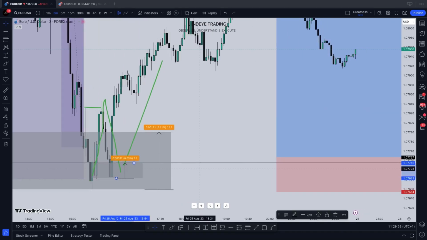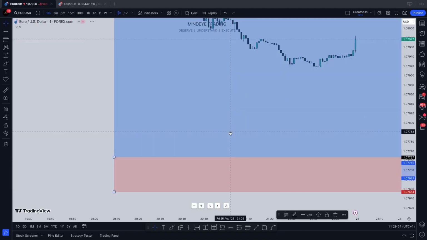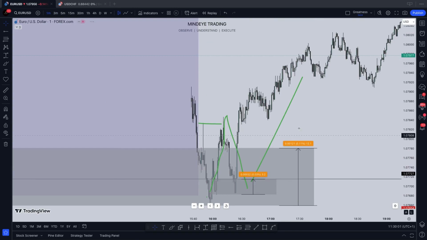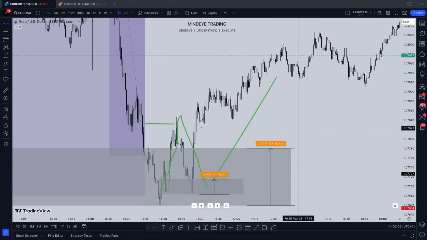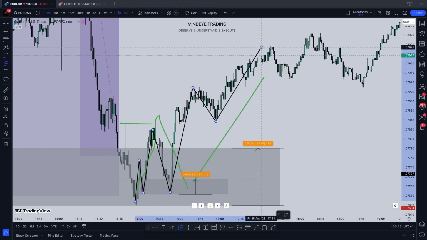You can even go lower by going to the 1 minute time frame to refine this same entry, and you will still get the same change of character, more like the inducement form of change of character. As you can see here, like I explained, it did this high, it came down, did this new high, then came to retest, order flow, and the market continued to the upside.